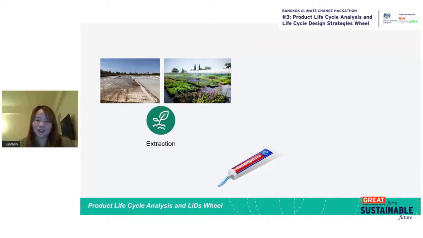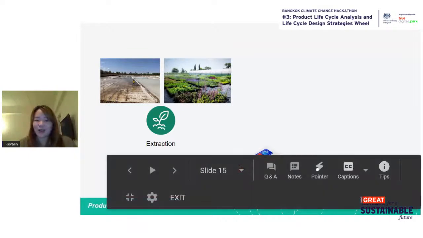For toothpaste, the extraction phase means when the main ingredients like herbs grow on the farm and the salt is created in hydraulic mining. But traditional toothpaste comes in tubes with at least 7 layers of different materials like PVC, PP, and PE, which are all plastics, but in different components. And also some aluminum foil. All these materials apparently came from different origins to the factory where the second phase began.